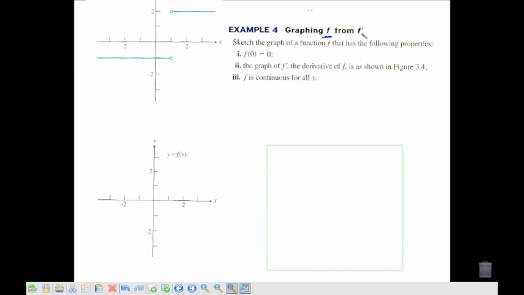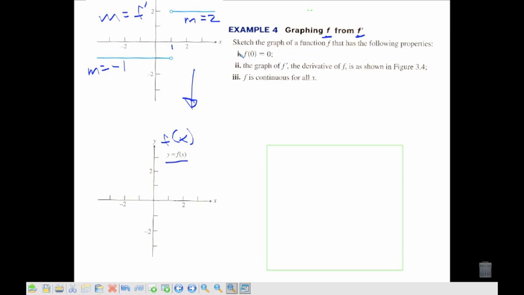I can also graph f from f prime. So here I have a graph of f prime, and I want to graph f of x over here. So if I look anywhere less than 1, then I see that my slope is negative 1, because this is f prime. It is the slope of this graph. Up here I have a slope of 2. Okay, now don't get confused. Yes, this is a slope of 0 here, except that slope is equal to f prime. So really this graph here is telling me what is my slope for this graph down here,